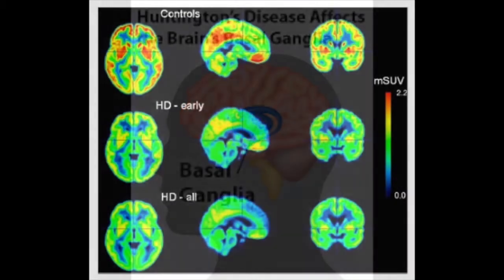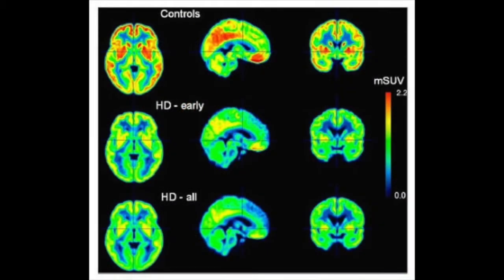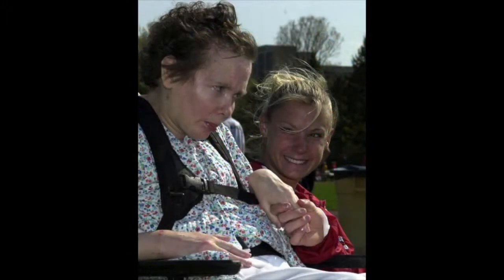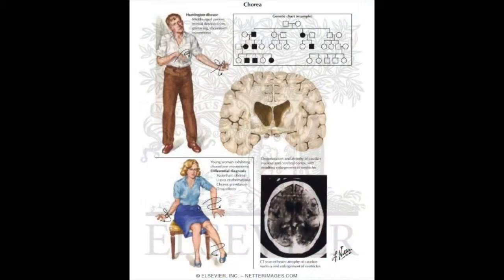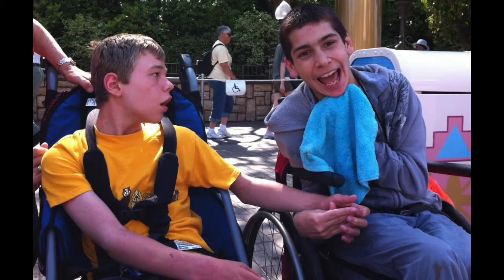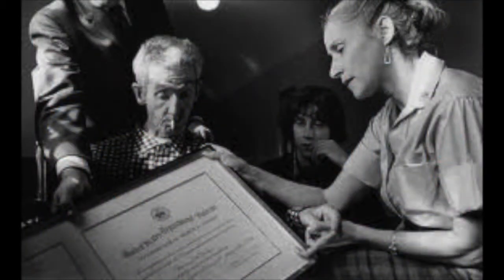This is a picture of a brain scan comparing a healthy individual to individuals with Huntington's disease. As you can see, a healthy individual has more brain activity, indicated by the red regions, than those affected with Huntington's. Because of the damages to these areas in the brain, common symptoms include dementia, behavior changes, abnormal involuntary movements, difficulty swallowing, and speech impairment. Oftentimes, death is a result of these symptoms rather than complete neural degeneration.